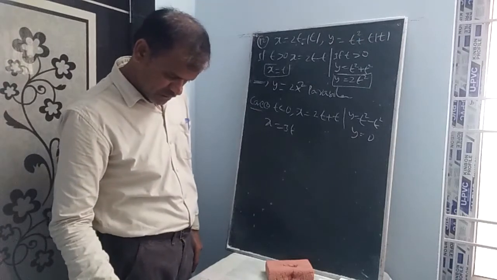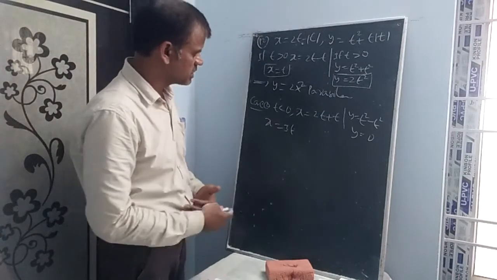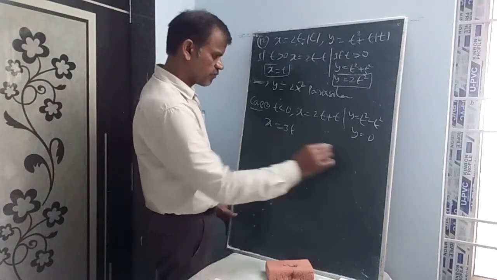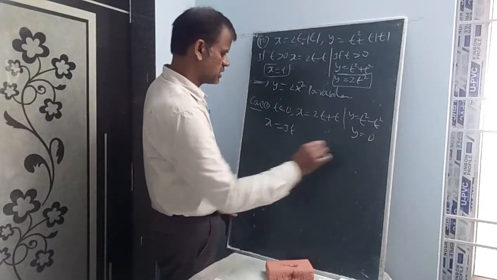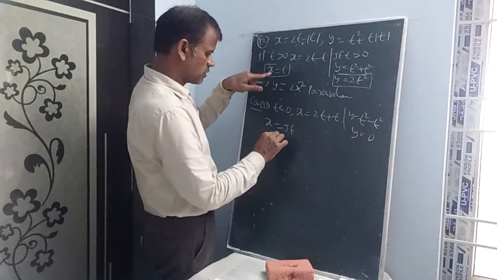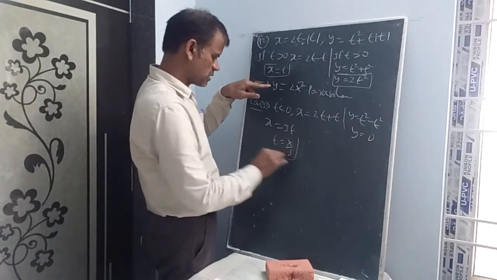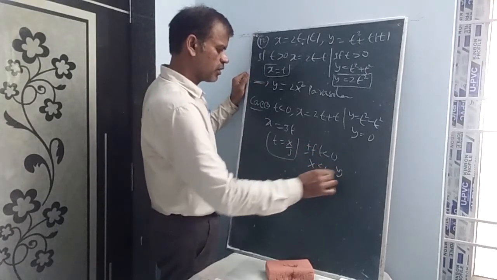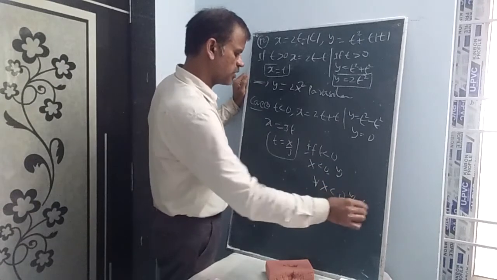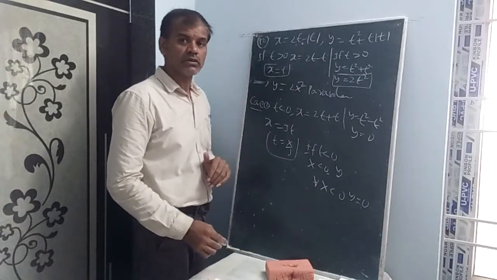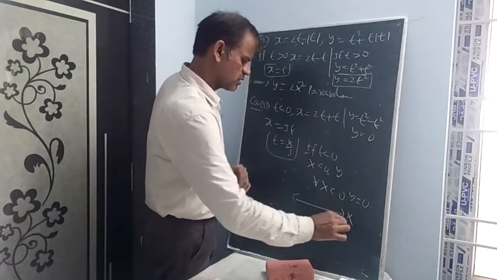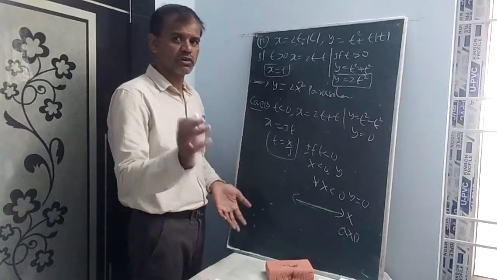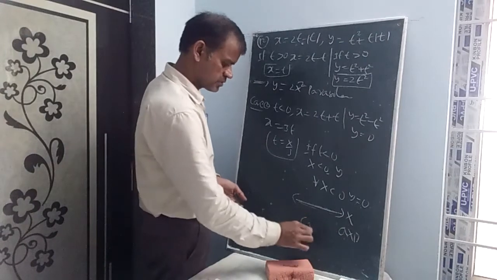Let us verify once. t less than 0, yes, y is equal to 0 for all x less than 0, for x is equal to 3t. Okay, if y is equal to 0, let us write for t less than 0. If x is equal to 3t, now you can write t is equal to x by 3. If t less than 0, that is x less than 0. For all x less than 0, you can understand y is equal to 0. For all negative values, y is equal to 0 is nothing but the x-axis. The x-axis is continuous, without lifting the pen you can draw. So it is continuous.